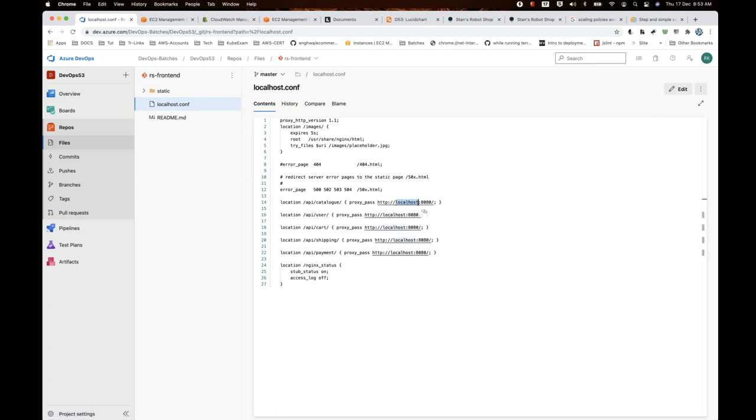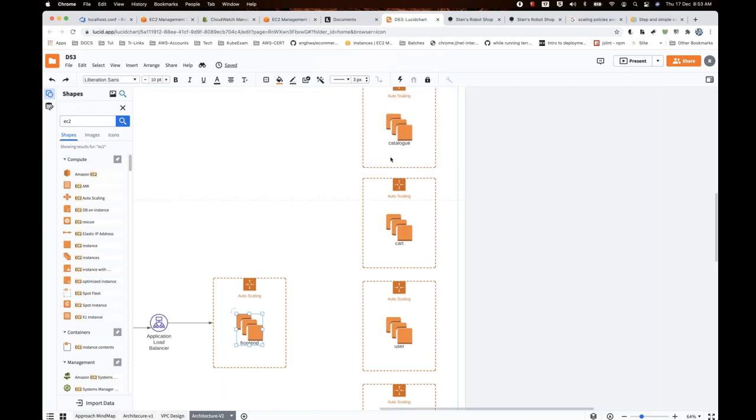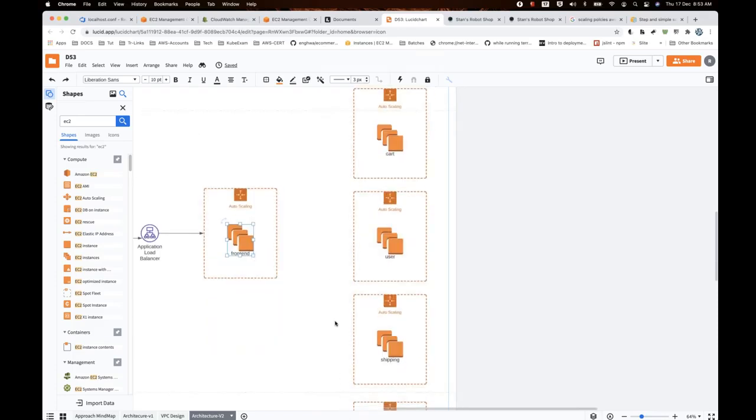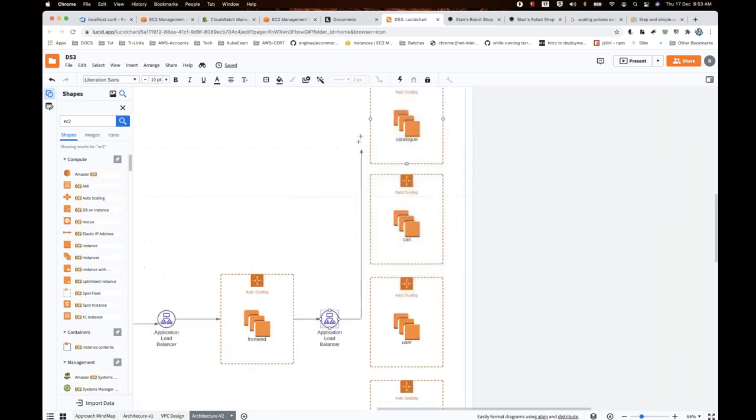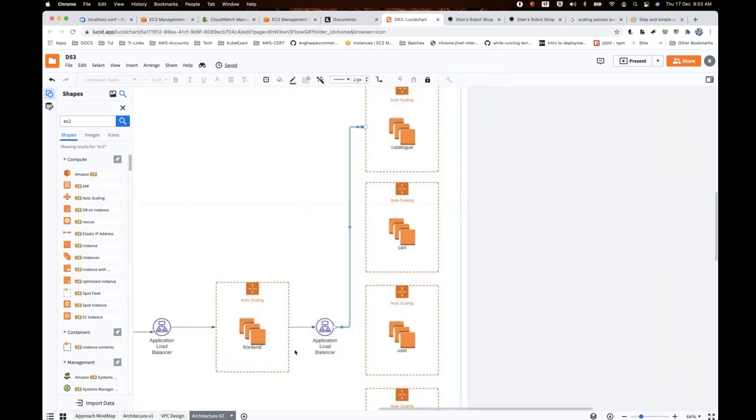Now, are there one servers to hit? No. So there are going to be multiple servers. Now, if it is multiple servers, I need to put a load balancer here, load balancer, load balancer, load balancer. Now, do you require those many load balancers? The answer is no. I already talked about your application load balancer being capable of forwarding the traffic from one load balancer only to multiple things. So that's where you update your configuration stating that you are going to hit the load balancer, and from there it's actually going to